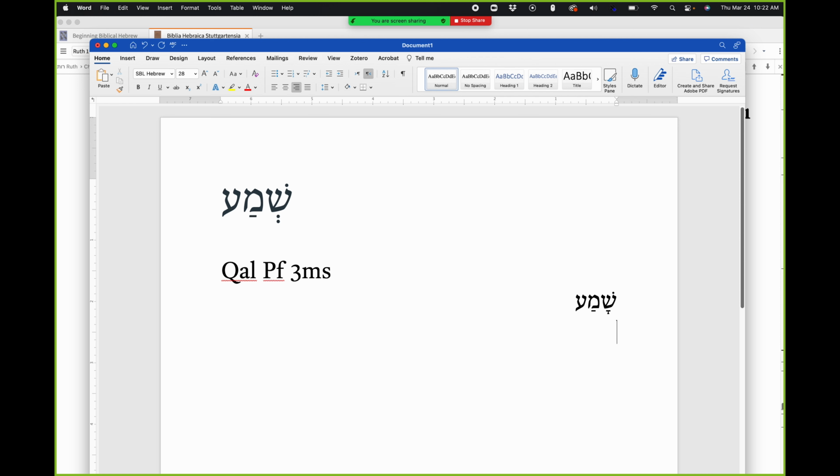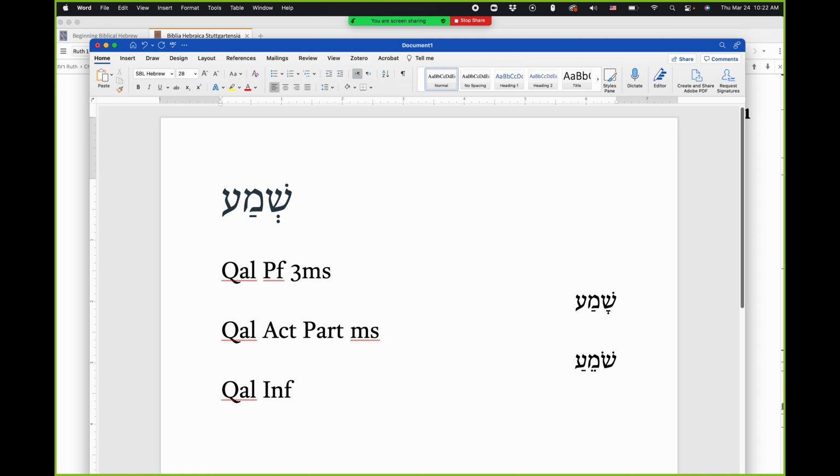And then you could have the Qal active participle, and it would be the masculine singular form. That would look like shomea, something like that. Another one would be the, and we don't need to necessarily say Qal, but we've only learned Qal so far. So we'll say the Qal